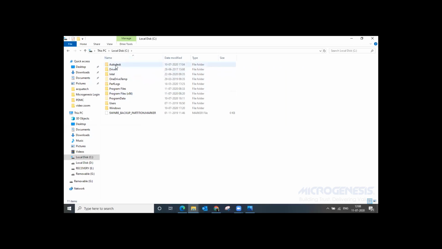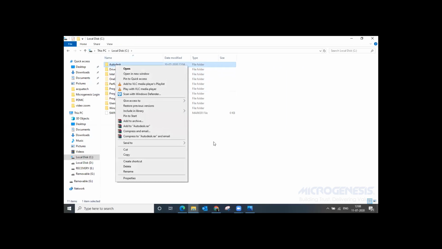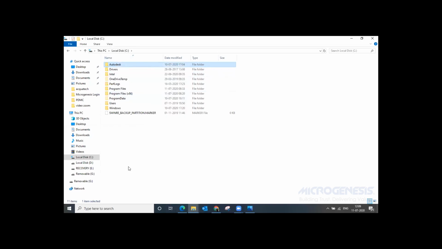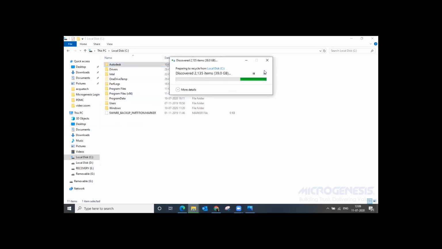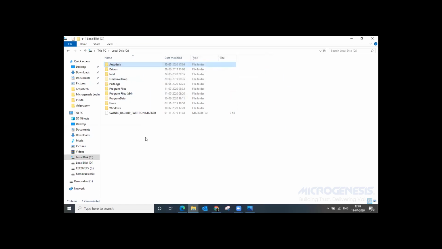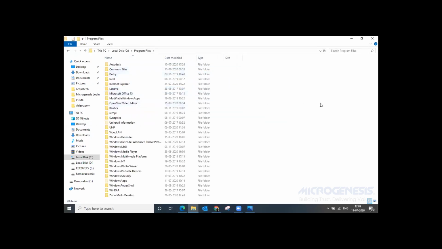So here the Autodesk folder is here, and we need to delete that particular Autodesk folder. Then after that, we need to check in the program files. In the program files, we need to check whether there is any Autodesk folder. We need to delete that one also.